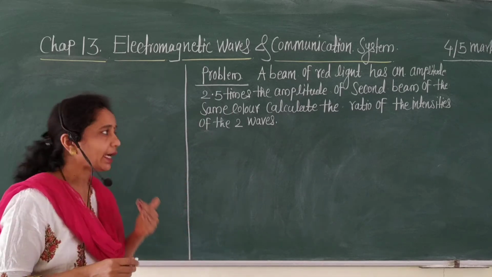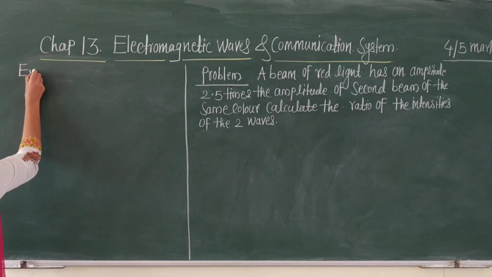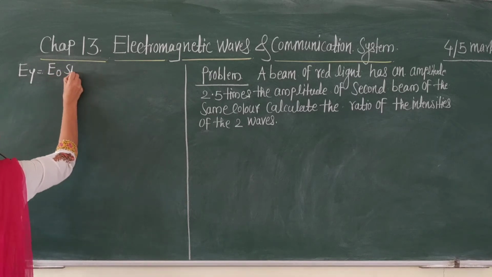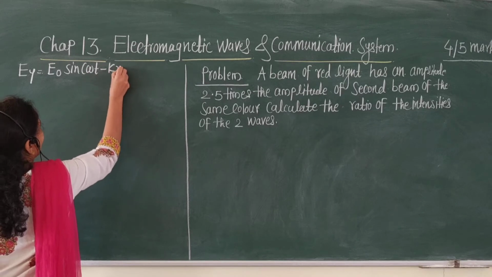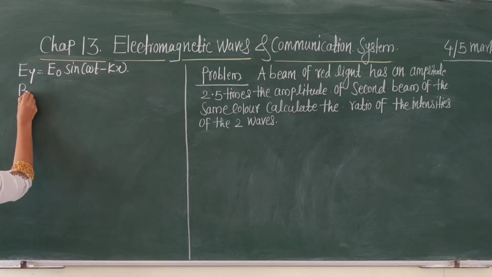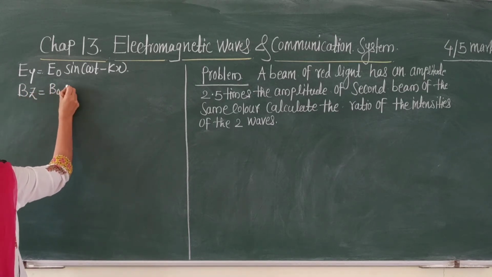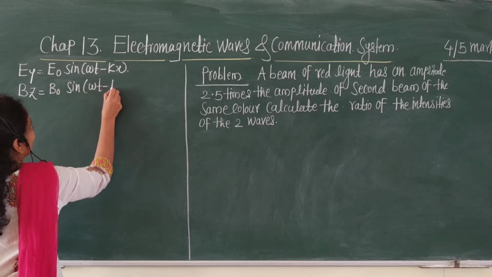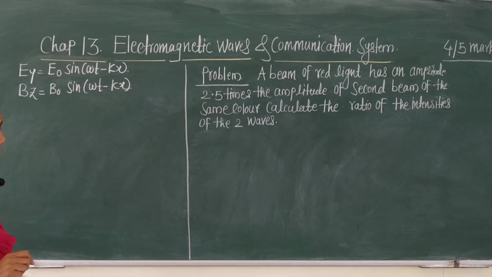Then we can write Ey equals E naught sine of omega t minus kx, and Bz equals B naught sine of omega t minus kx, where